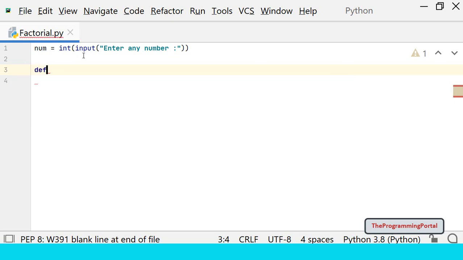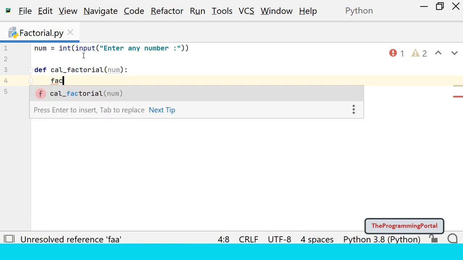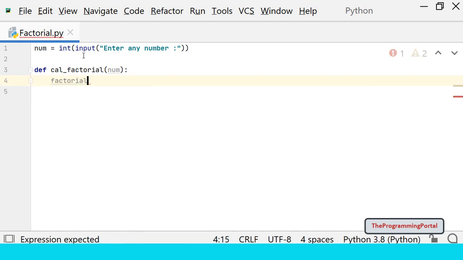So we can write def calculate factorial, which will have one input. Let's declare a variable factorial with initial value equals to 1. So we can write factorial equals to 1.